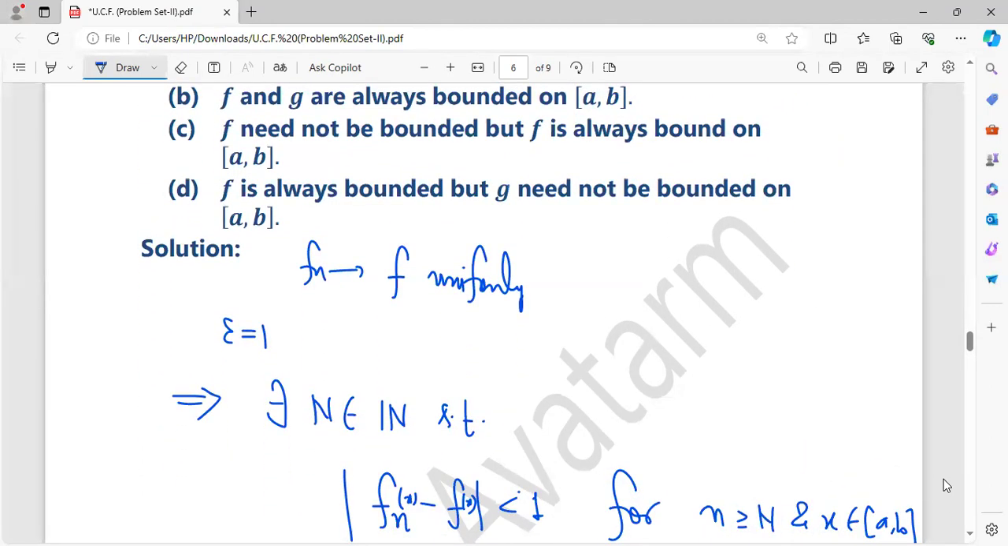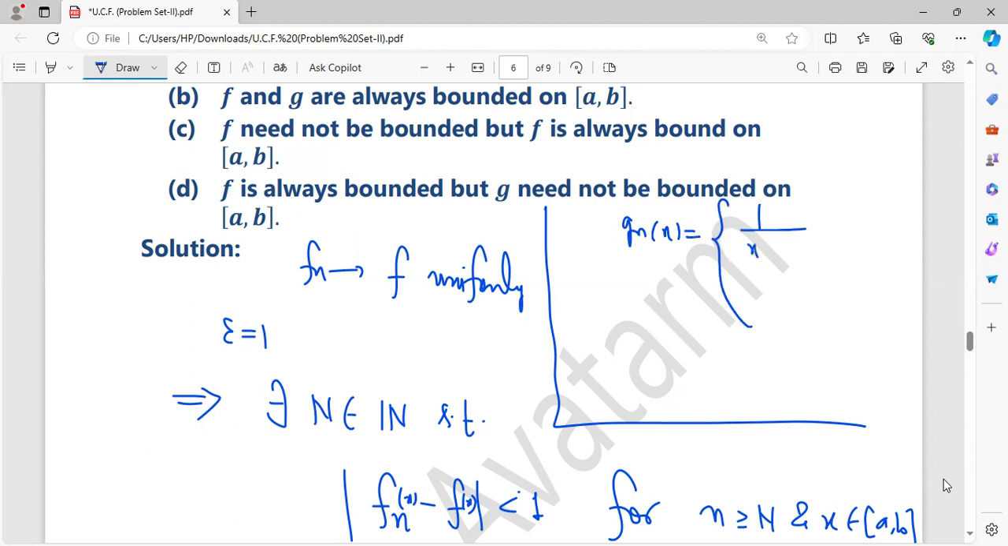Now what about gn? You take gn x equal to 1 upon, I am defining, x plus 1 upon n if x belongs to the half-open interval (0, 1], and 0 if x is equal to 0. Now you see that